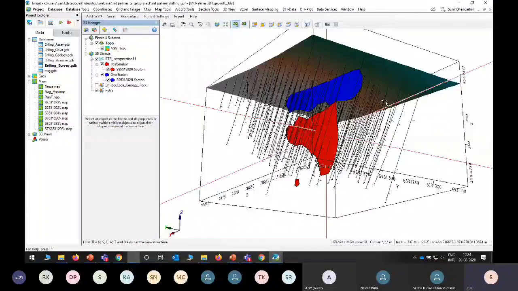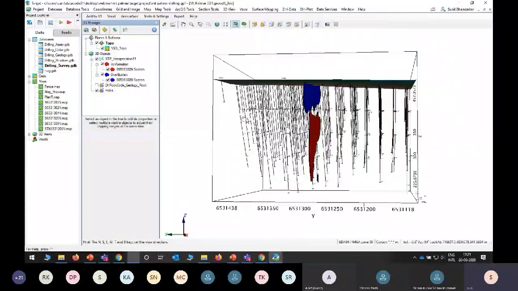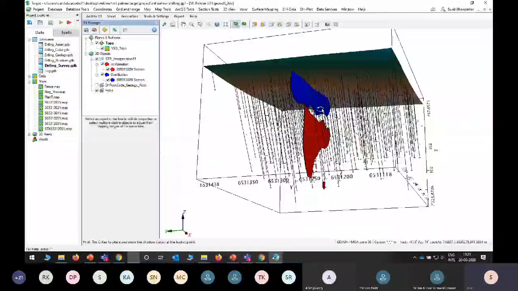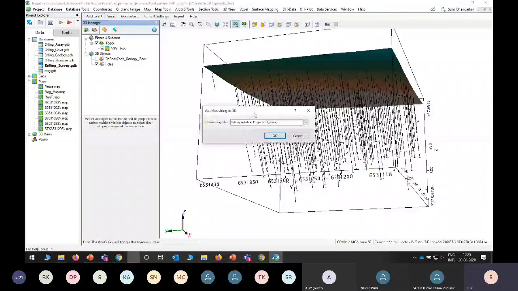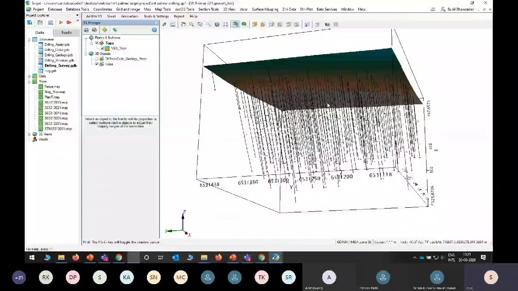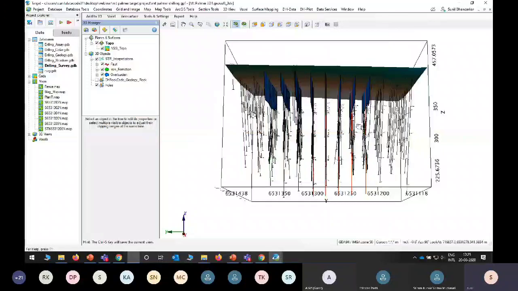We need to draw that for each and every cross section, and add it like this. Here you can see the number of geostrings, that green color iron ore formation, and the fault line is also there.